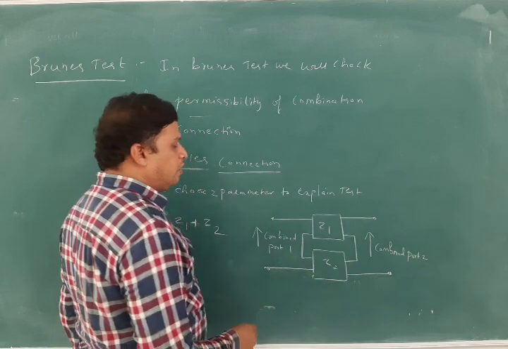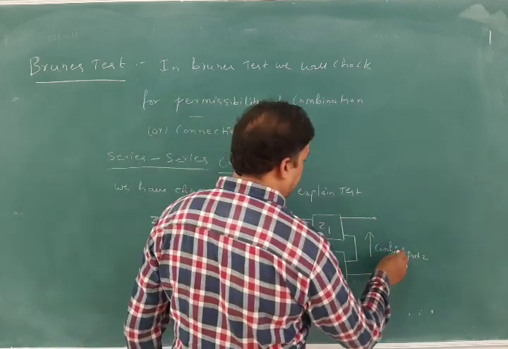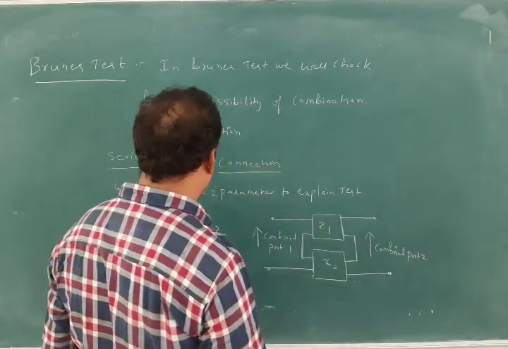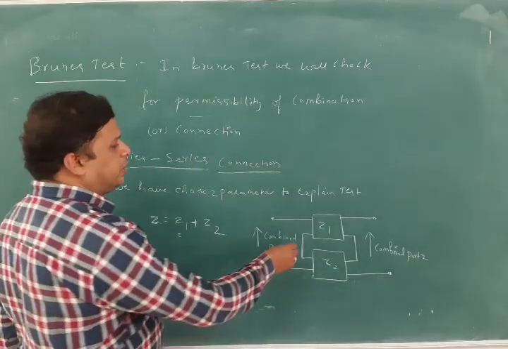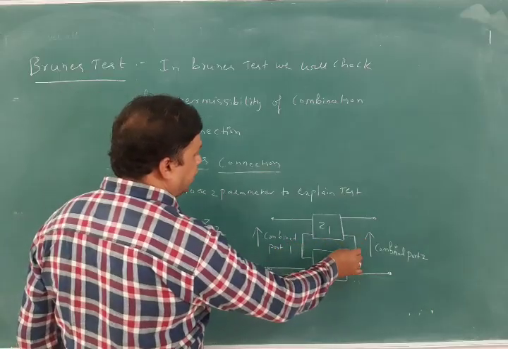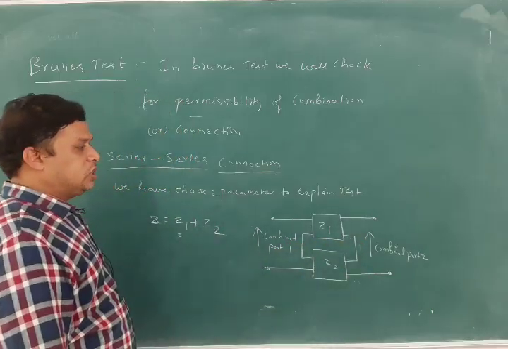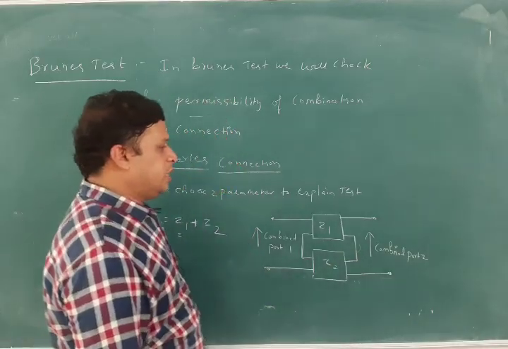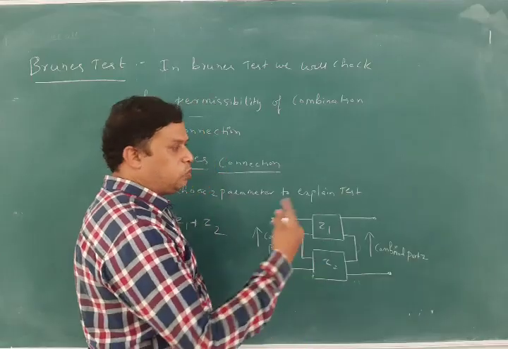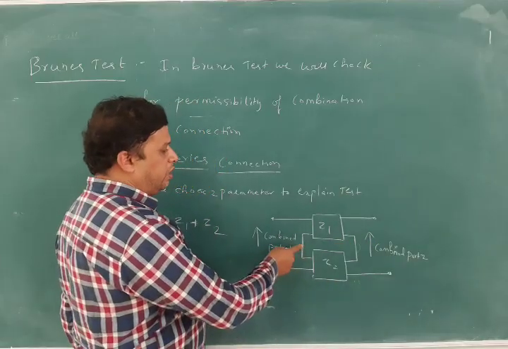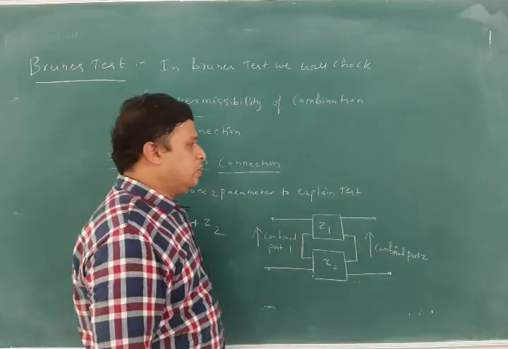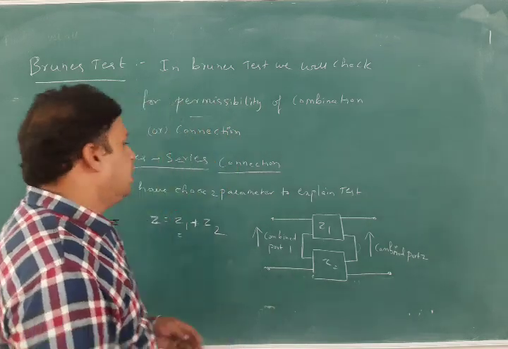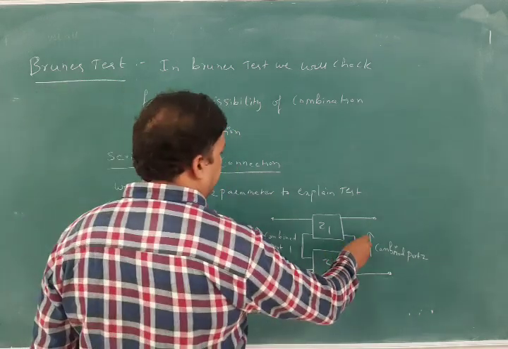We have to check with the help of the Brune test. So how will you check it? We will take one voltmeter and connect it here, and you check the voltage. If the voltage is 0 here, then it is eligible for connection. In the same way we take the other two-port network and check the voltage, and if it is 0, then both the two-port networks can be combined and we can have an interconnection of these two-port networks.